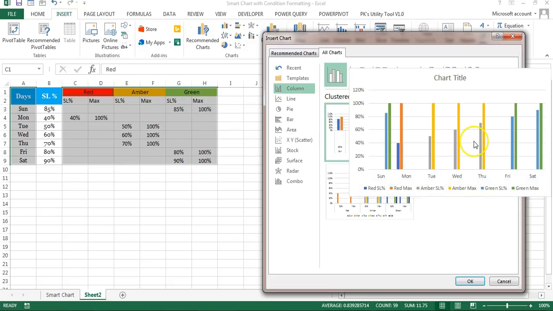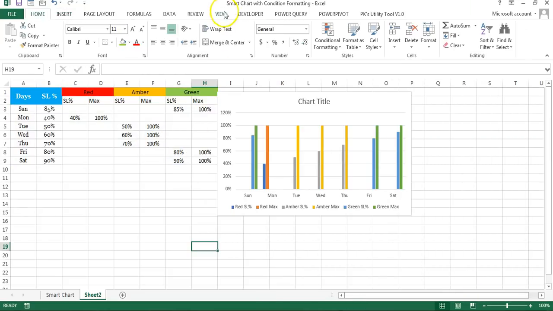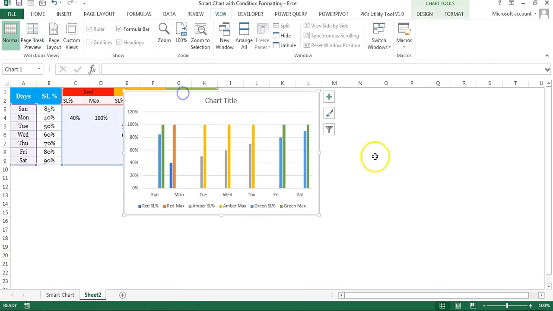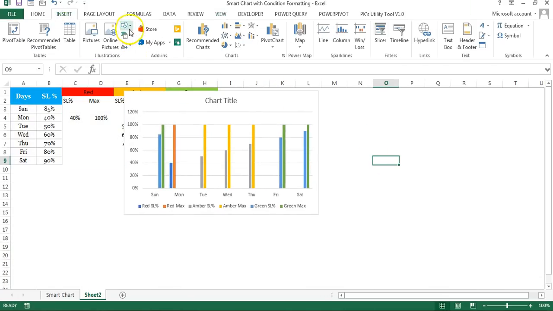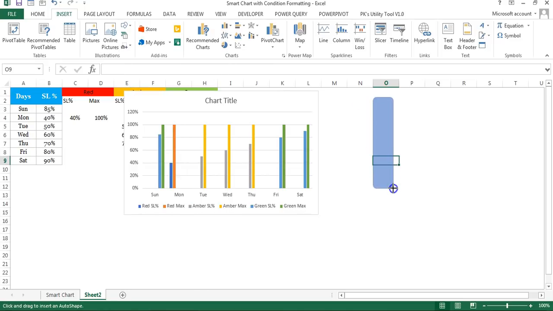So take this format, just click on OK. Alright, first of all, let me go to the view and remove the grid lines from here. Then I'll go to the insert and I'll go to the shapes and we will insert a rectangle. So go to the rectangle and just take this rounded rectangle, and just drag this rectangle